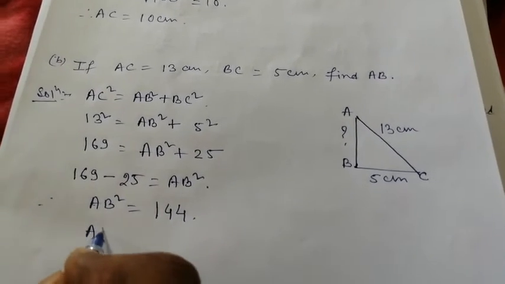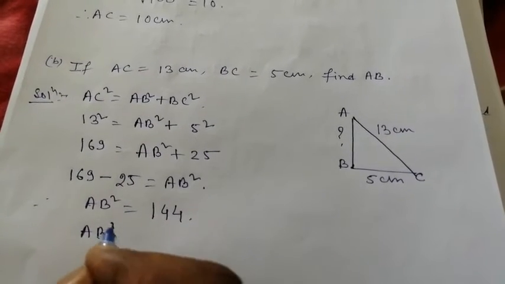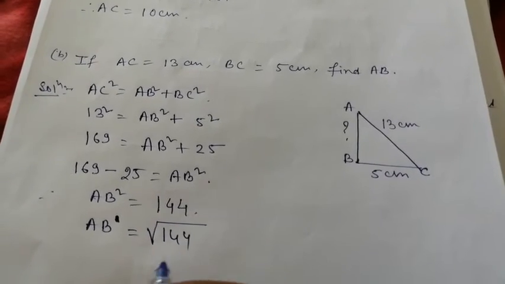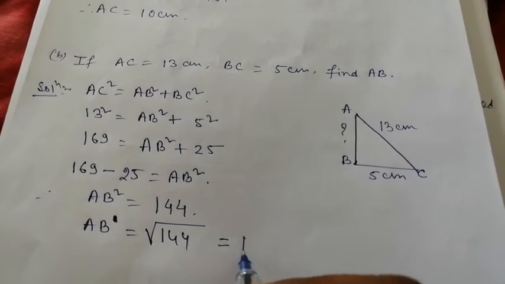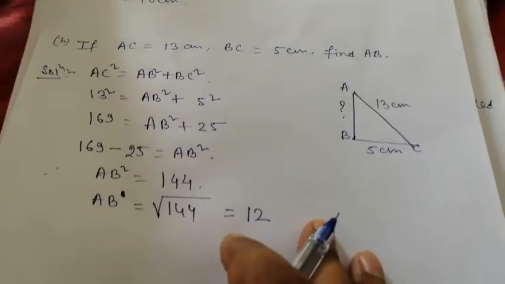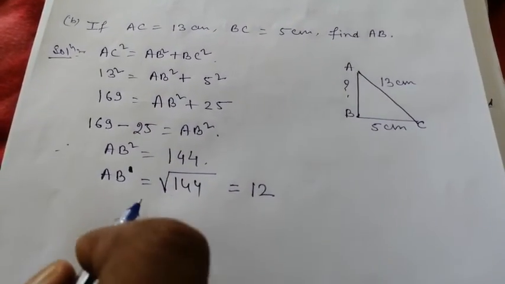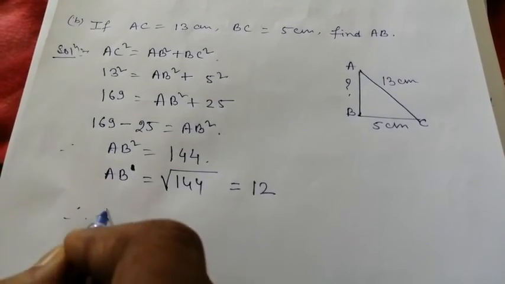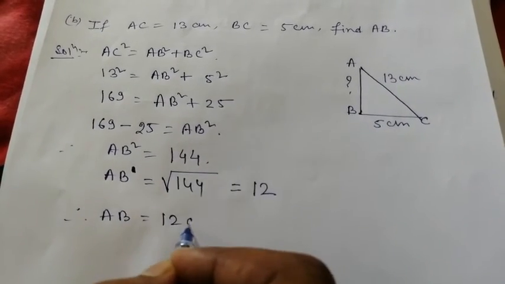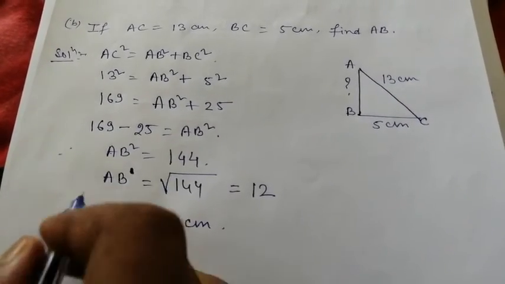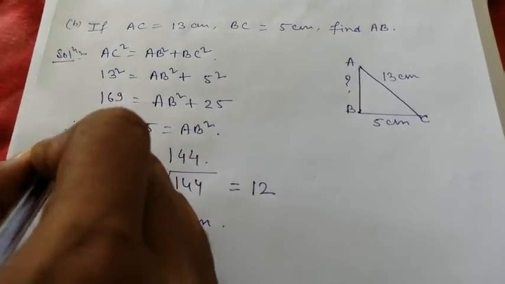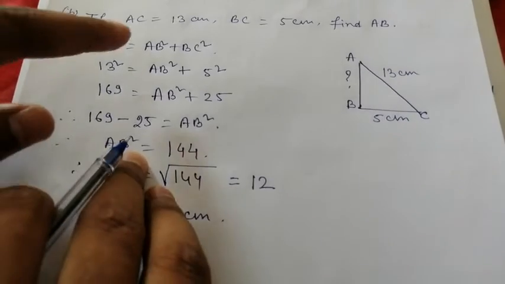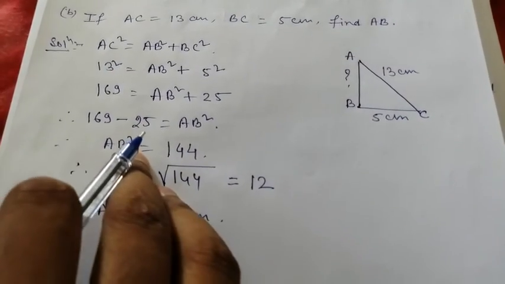So similarly, we have to find AB only. So square converts into square root of 144. And what is the square root of 144? 12. You can find it out with the help of the LCM prime factorization method also. So AB is equal to how many? 12 centimeter. That is your complete answer. Okay, so like this we have to solve this type of question. You can apply this Pythagoras theorem. This is called Pythagoras theorem. Okay, thank you.